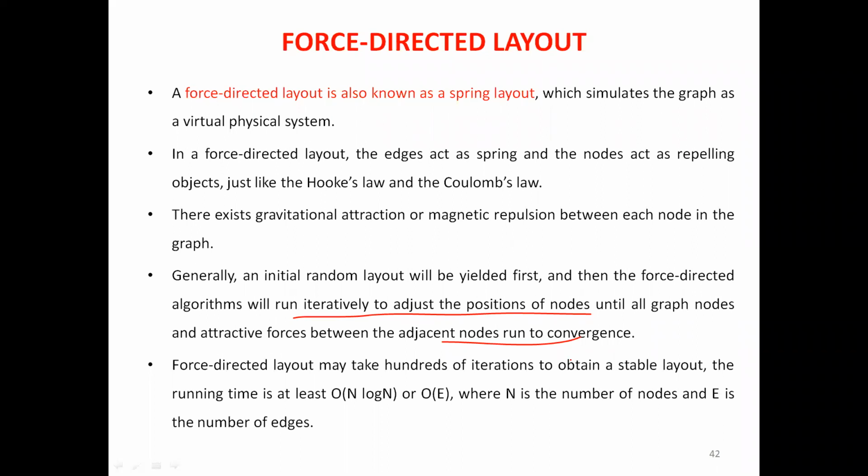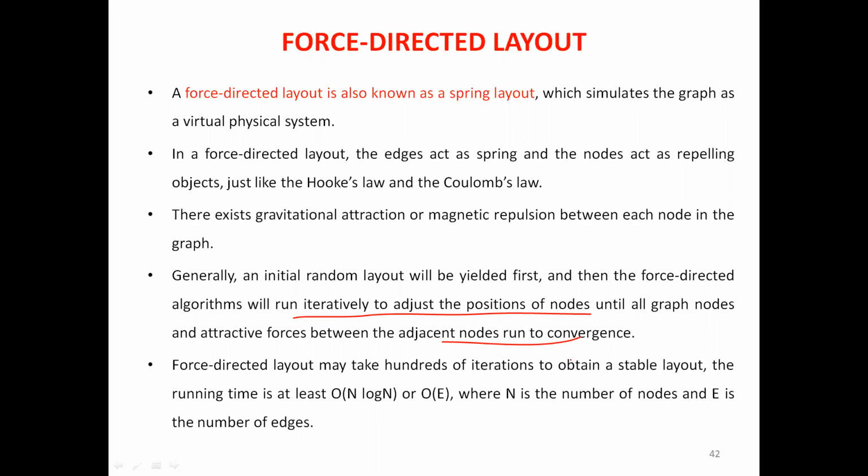Then, depending on the repulsive action, it adjusts itself to a particular position in a graph, in a plane. Then the second node goes. How is the second node connected to the other nodes? It depends upon the other nodes, upon the repulsive action or the gravitational attraction.